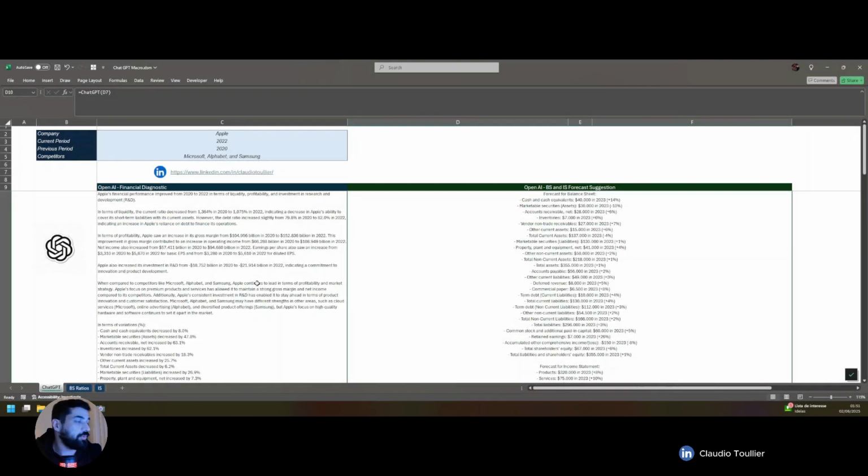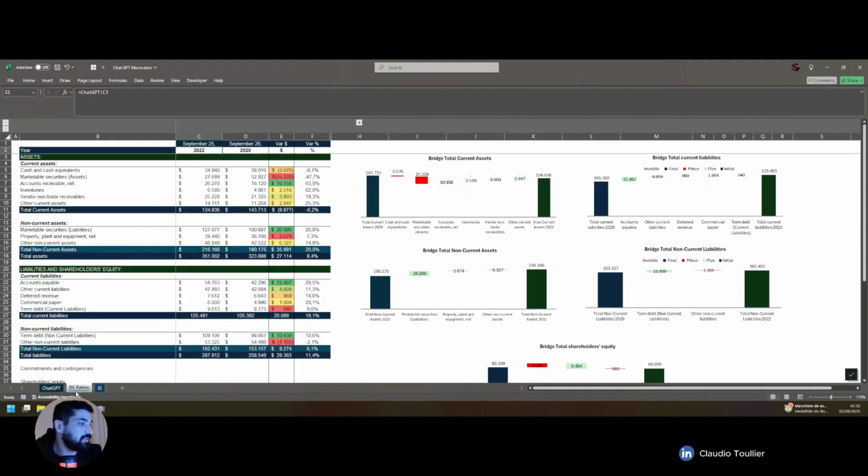Today, I want to show you a tool that I developed to integrate OpenAI in financial statements inside Excel file. So basically here, we will ask OpenAI to make the analysis of the financial statements of the balance sheet statement and the income statement. So here, in this case, we have the information for 2022 and 2020 of the balance